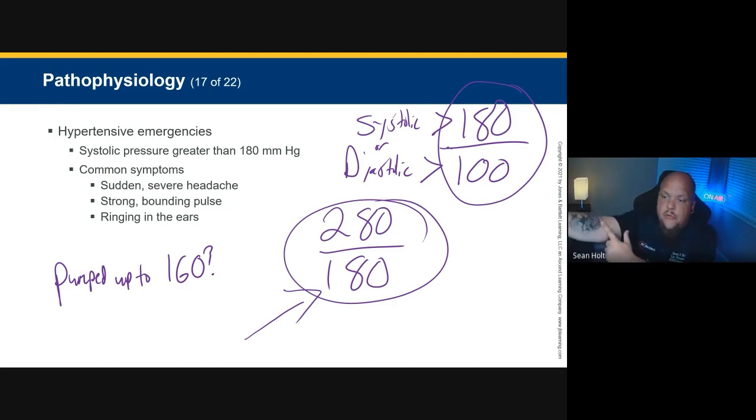I'm going to stop at 240 and I'm slowly going to let that pressure out of the blood pressure cuff. And that gauge is going to go down. Okay. When I start to hear the pulse, I get my systolic. When I stop hearing the pulse, I'm going to hear my diastolic. So if I pumped up to 240 and stopped hearing it, maybe it's 230 something over 160, something like that. Right. So just understand,